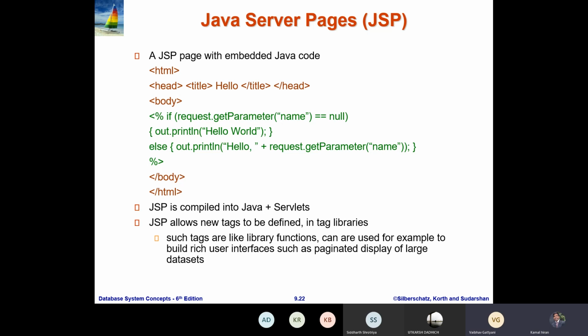HTML has a title, hello, closing, and then this is the body here. As I have discussed with you, we use a number of tags when we do any scripting language. You can see here HTML starting and this is closing. This is the body. Whatever operation you want to perform, you can do here.